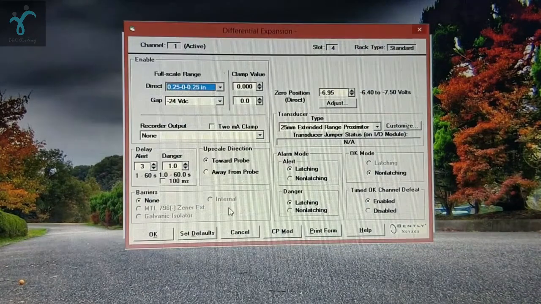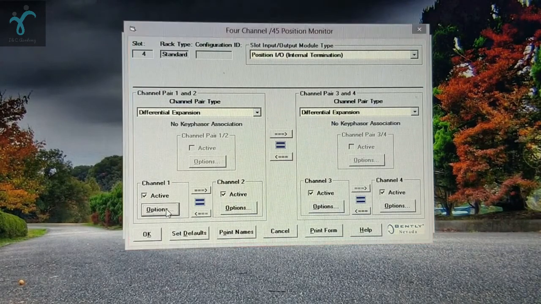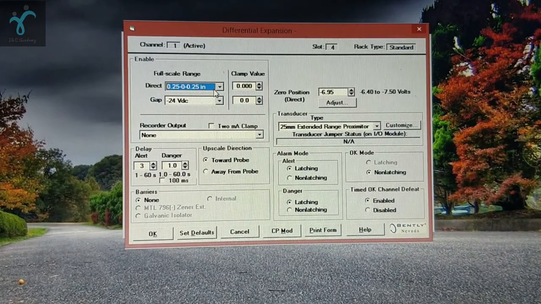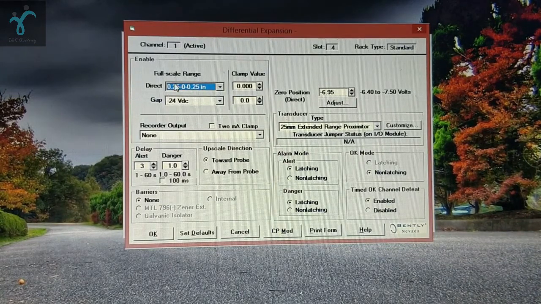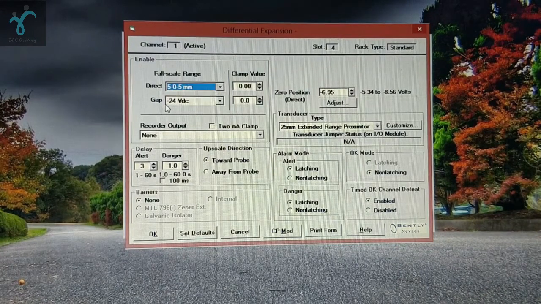click on the options. First here check that it is configured for the differential expansion having two probes. So we need to set the default properties like zero position of the first probe. So here we can set it as -10 or -9.75. Second one is full scale range. So 0.25 to 0.25 inch. If we have 5 mm to 5 mm, then we can set it here. Okay, gap voltage will be the same,